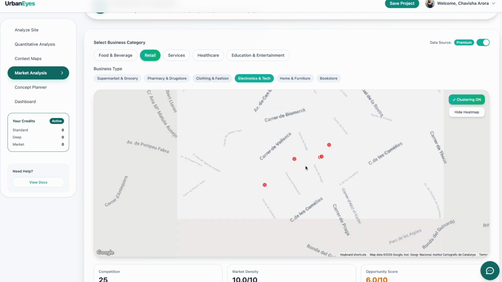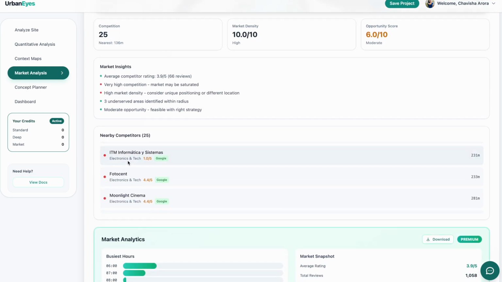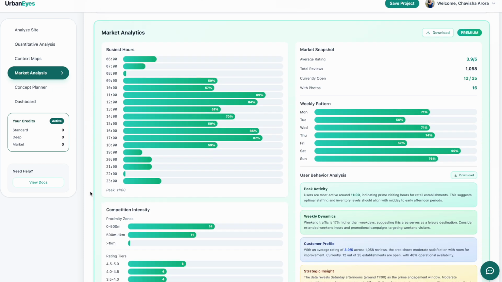Let's wait for the map to load. And if you hover around, you can now see what areas it was looking at. Then you can also directly export the nearby competitors, but let's go to the interesting part, which is the market